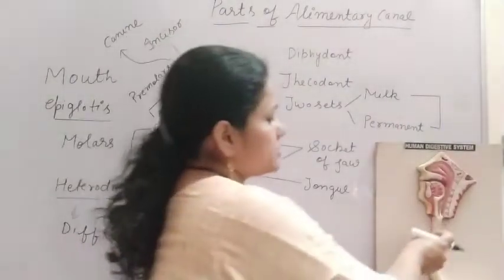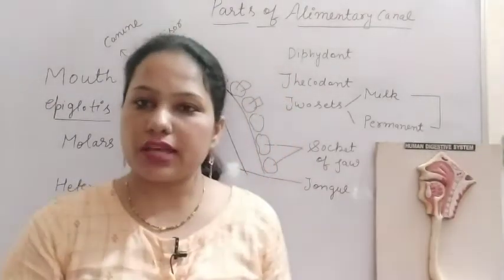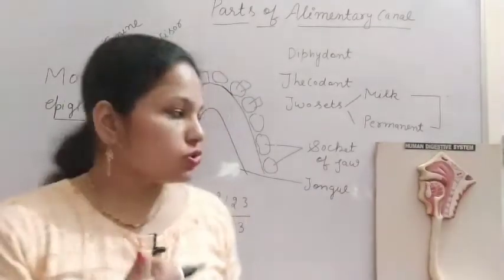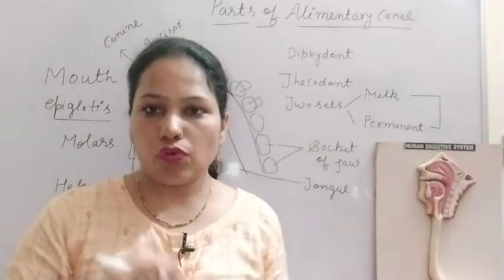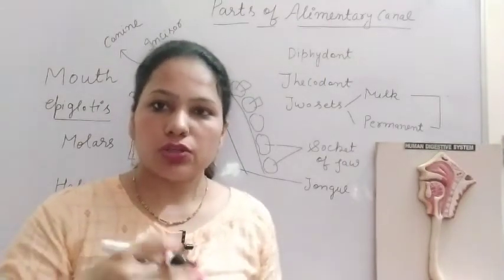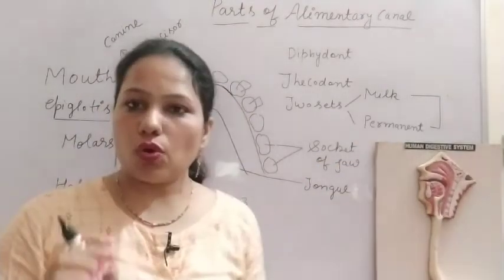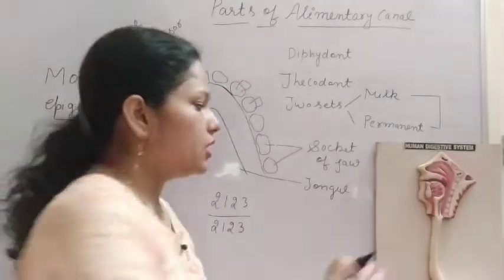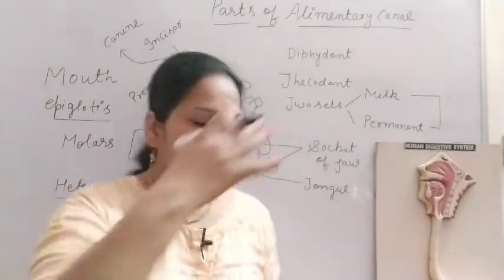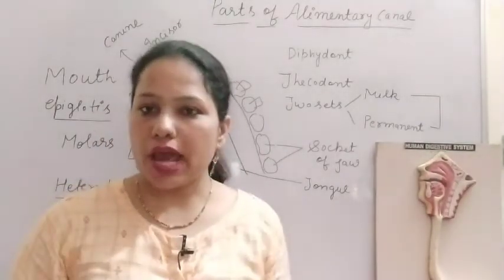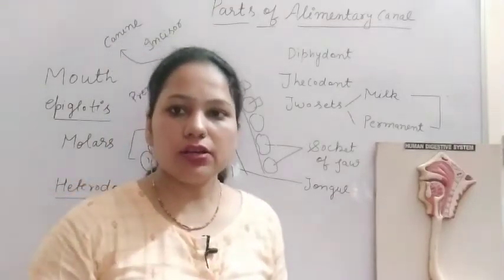So after the pharynx, the food pipe is there. This food pipe is also known as the esophagus. In the esophagus, there is a muscular movement of the food so that the food is pushed downward in direction. There is no digestion of food in the esophagus, and this type of muscular movement of the food is known as peristalsis, or we can say the peristaltic movement.